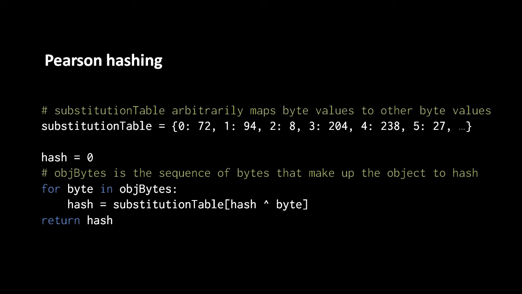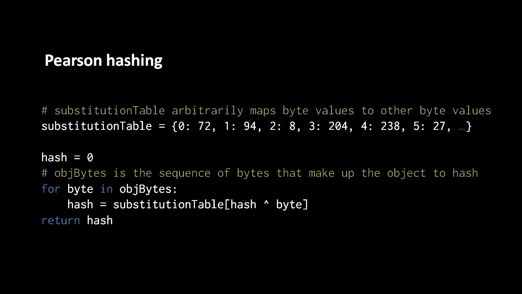Just understand that if 0 maps to 72, then no other value should map to 72. In other words, no two keys in this table should map to the same value. Also understand that this table is meant to be random, and there's no standard table for Pearson hashing. It's up to you to create your own such table, and understand that this means that the very same object